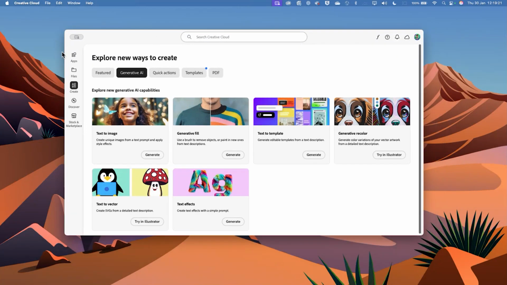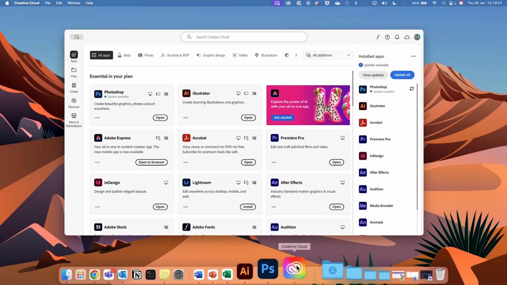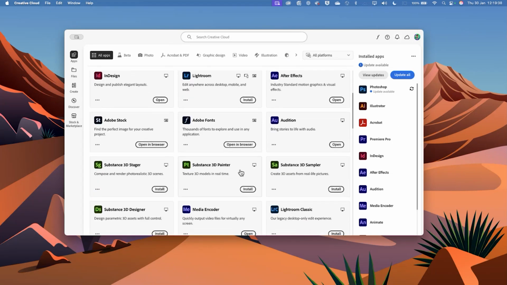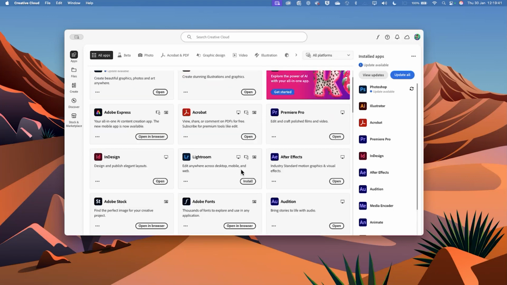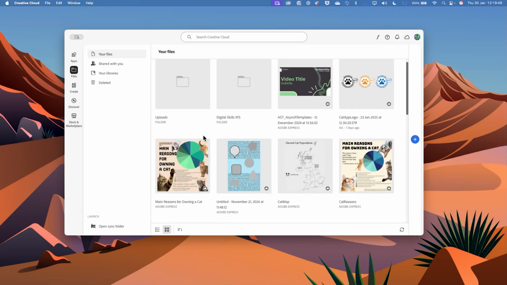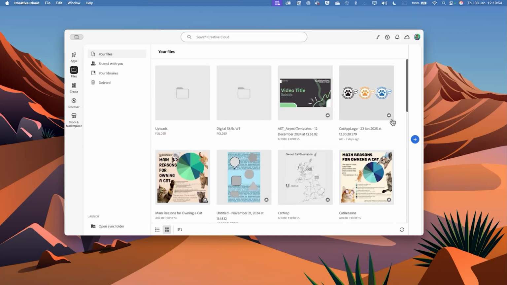So I'm on a Mac, but this is very similar to how this works on a Windows PC. And you can see here that I've got the Adobe Creative Cloud application open, and that is this one with the rainbow gradient. When you download an Adobe app, it downloads this management tool alongside. This is where you install and manage all of the Adobe apps on your device. If I click on Files, I can access all of my Adobe Cloud storage, okay? This is a piece of cloud storage that all students and staff have access to through the Adobe Creative Campus partnership.